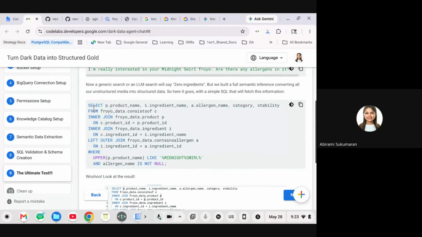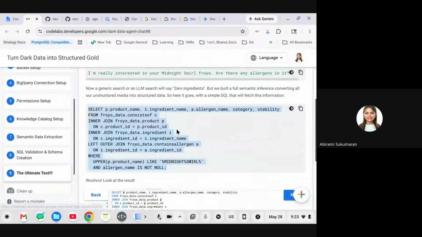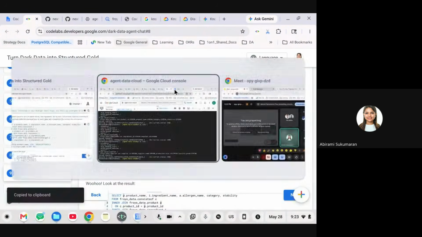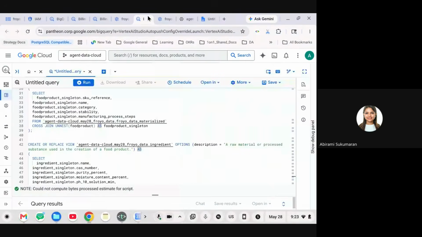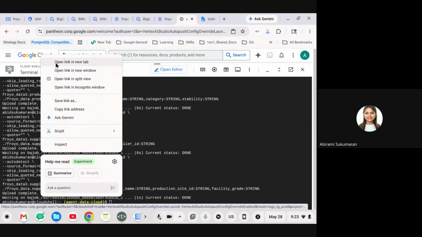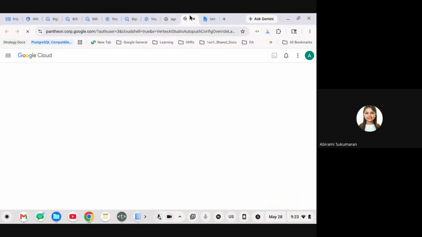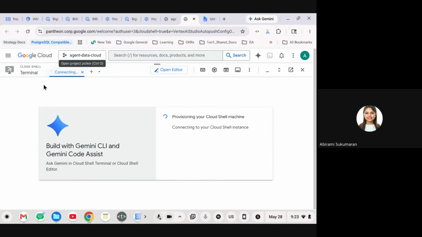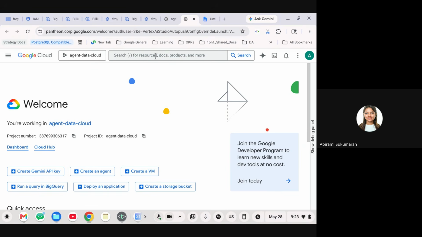Go ahead and copy the SQL from step number 9, the select statement. I'll explain what this does, but before that, go to your BigQuery console. How will you go to the BigQuery console since you have not opened it so far? Right click on your Google Cloud logo and open a new tab. Close the terminal if it tries to open again.